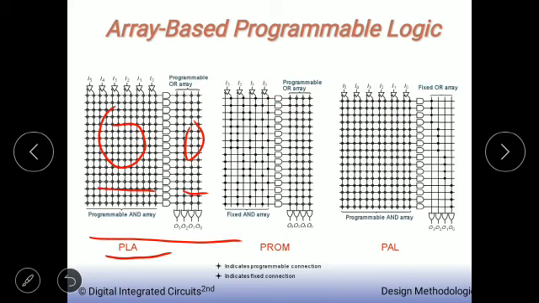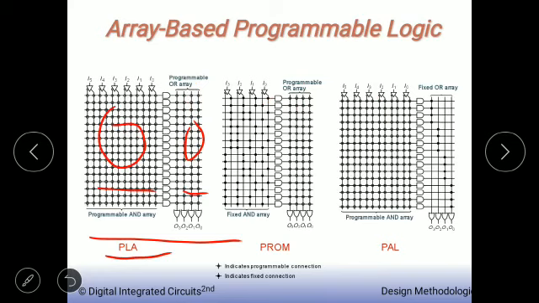An inspection of the diagram reveals that it is equivalent to a PLA, where both AND and OR planes can be programmed by selectively enabling connections. This approach allows implementation of arbitrary logic functions in the two-level sum of products form. We know that most combinational logic is implemented with the help of sum of products, that is SOP. We require AND operation and OR operation. If you can convert any logic in terms of Boolean equations, then to implement those Boolean equations, you just require AND gates and OR gates, and that's what we are doing in PLA.